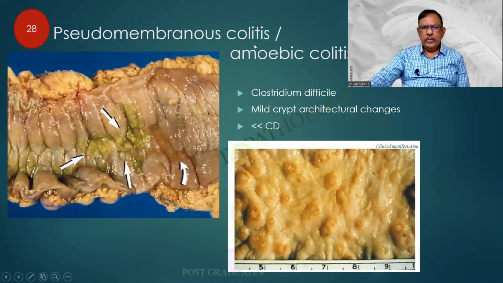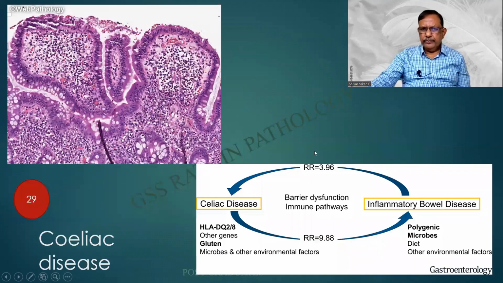Pseudomembranous colitis is one, caused by Clostridium difficile. And I find that the pale superficial ulcers with a greenish exudate can be there. The crypt architectural changes will be there, which are very mild, much less than in Crohn's disease. So this can be a DD. Another one is a colitis over here. Multiple buttonhole elevations are there, and they are minute ulcers. Lower down, of course, there can be the classical flask-shaped ulcer, which is indicative of amoebic colitis.